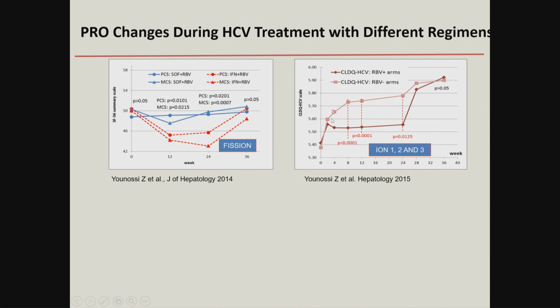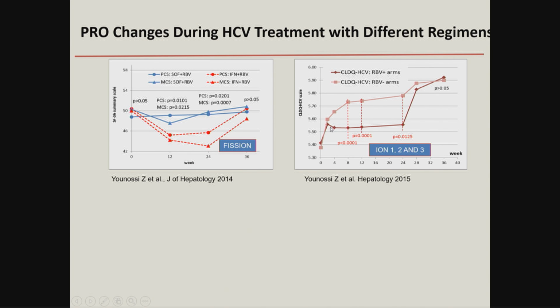treatment. Here is another study that was published about 3 years ago, looking at now interferon-free and ribavirin-free regimen, and the instrument here is CLDQ HCV, which is a disease-specific instrument. And as you can see in this lighter shade of pink up here, this is the regimen that does not include interferon or ribavirin. And in fact, after 2 weeks of treatment, you see an increase in quality of life of patients that are treated in this regimen. However, the darker shade line suggests that